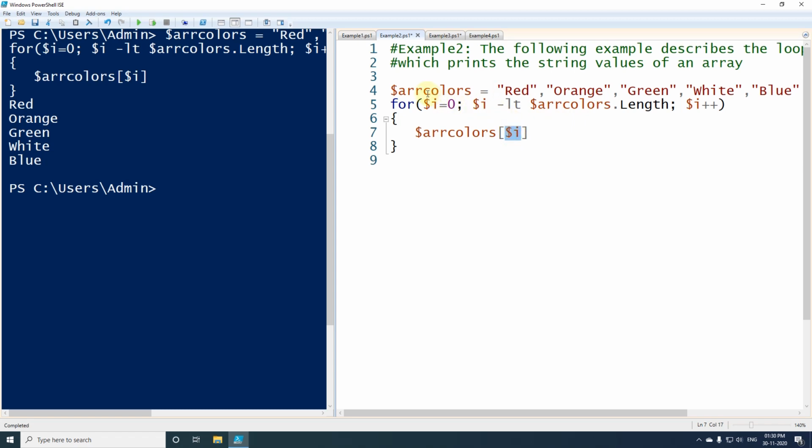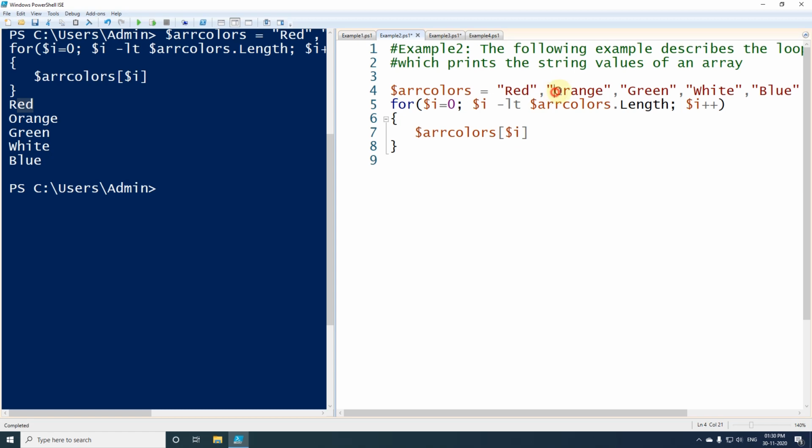So the 0th index of the particular array is red, so that is the reason red has been printed over here. When it runs the next time, 0 will become 1 because we have incremented here, and again 1 is less than 5, so it will be executed and 1 will be placed here.